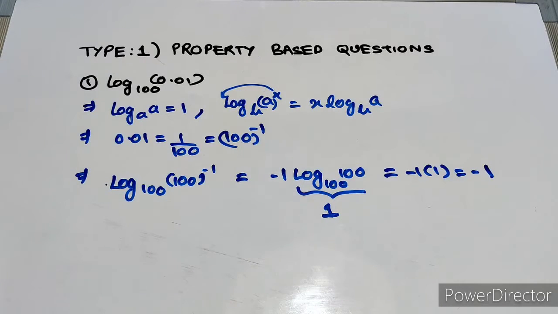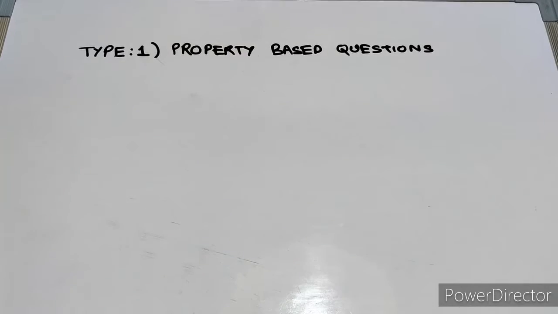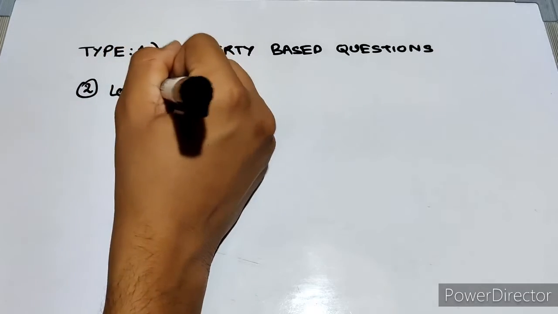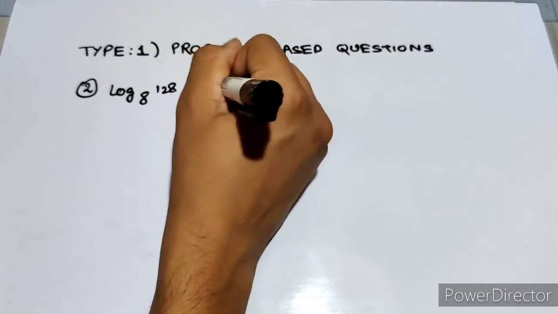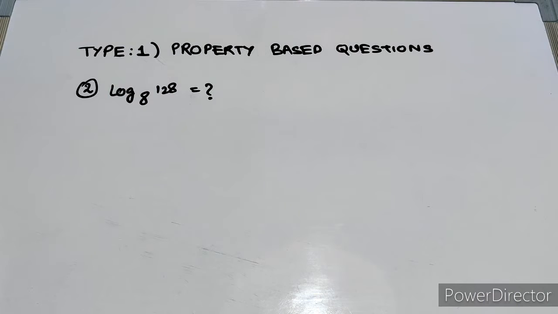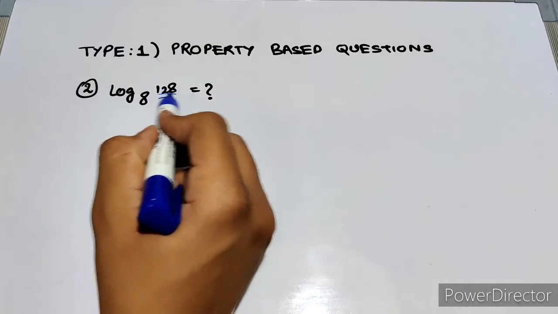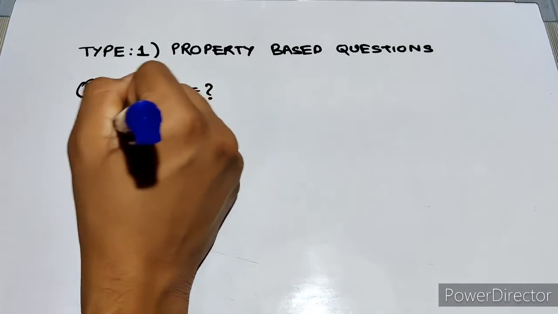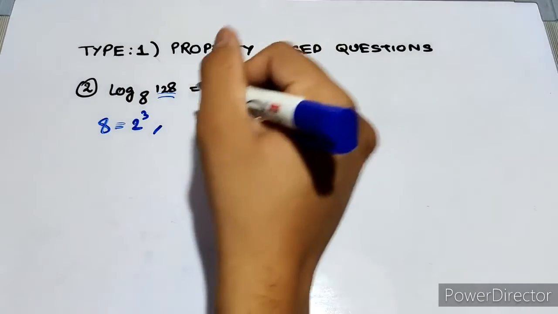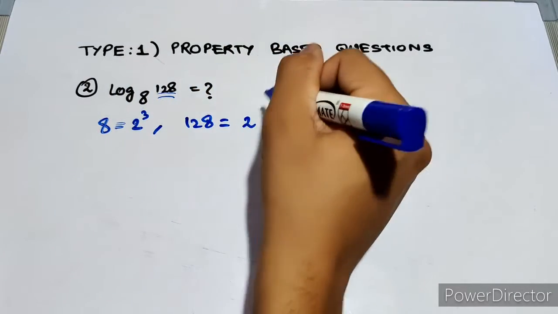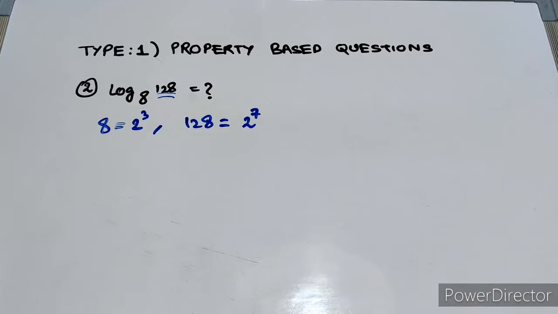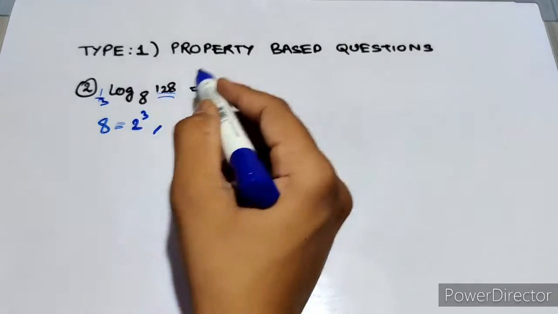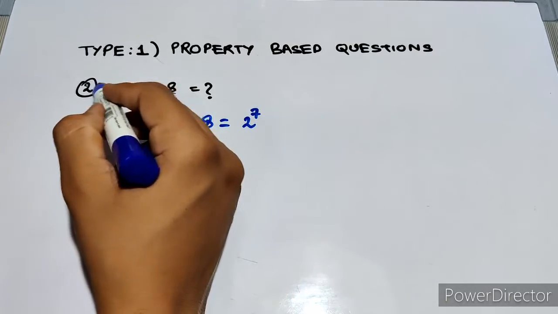Similarly, we will look at another question. The second question of a similar type is log 128 to the base 8. We need to find the value of this. Now see here, it is not directly visible to us, as 128 cannot be written directly as a power of 8. So we will break it into 2. We know that 8 is equal to 2 to the power 3, and 128 is equal to 2 to the power 7. Also, anything in the power of the base comes as a denominator, like 1 by 3, and if we write 2 to the power 7 in the argument, then 7 will come outside.